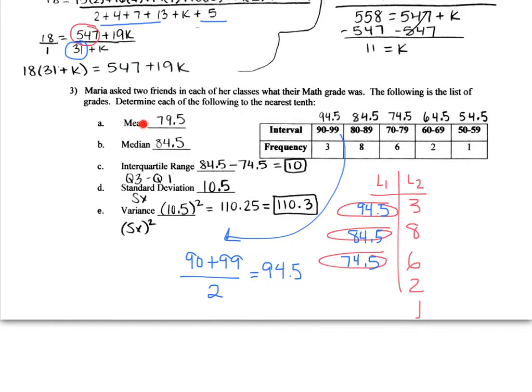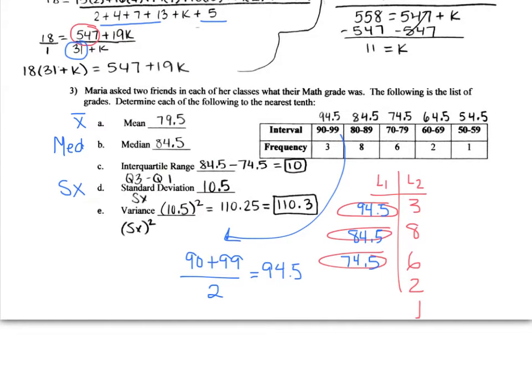When you're looking for the mean, you're looking for the X bar. When you're looking for the median, you're looking for the letters MED. The interquartile range is Q3 minus Q1. So these are the Q3 and Q1 values. I just subtract them. The standard deviation, you're looking for Sx this time, not sigma x, because this is clearly